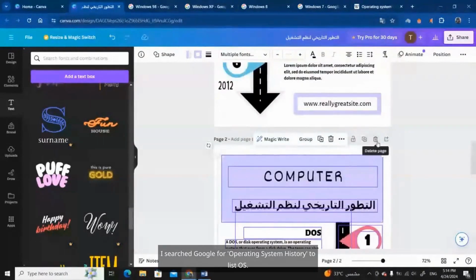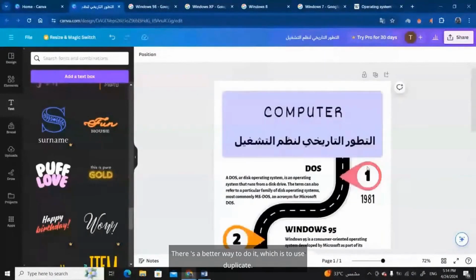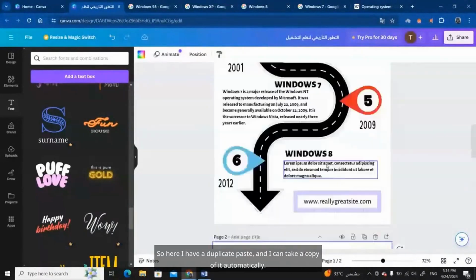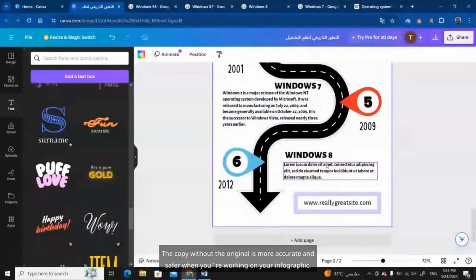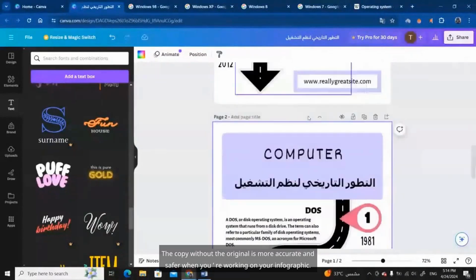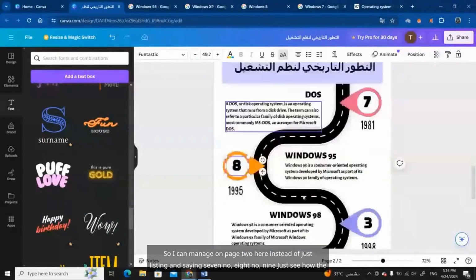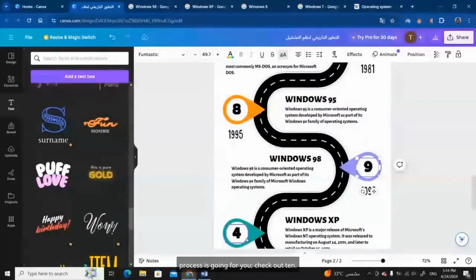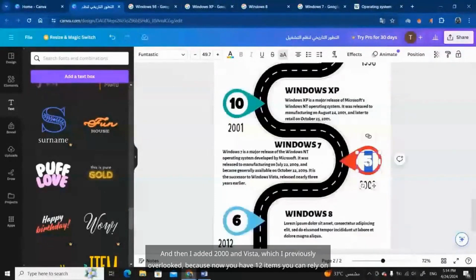I searched Google for operating system history to list the operating systems. It brought an image. There's a better way to do it, which is to use duplicate. So here I have a duplicate paste, and I can take a copy of it automatically. The copy without the original is more accurate and safer when you're working on your infographic. So I can manage on page 2 here instead of just listing and saying 7. No, 8. No, 9. Just see how the process is going for you. Check out 10. And then I added 2000 and Vista, which I previously overlooked, because now you have 12 items